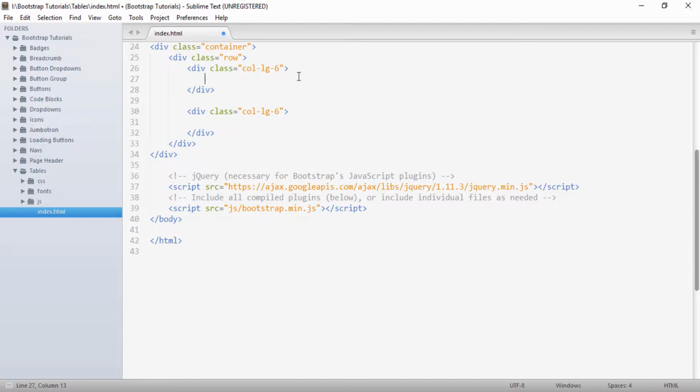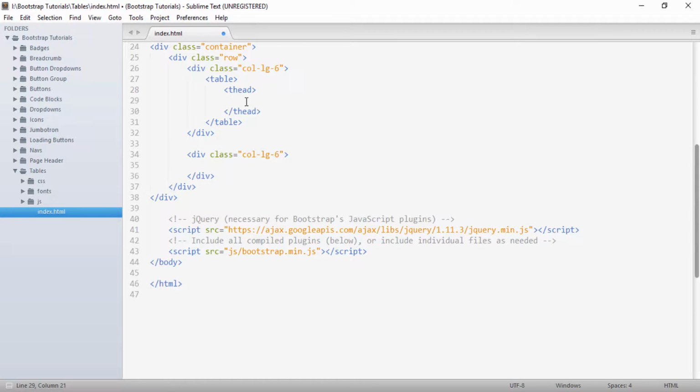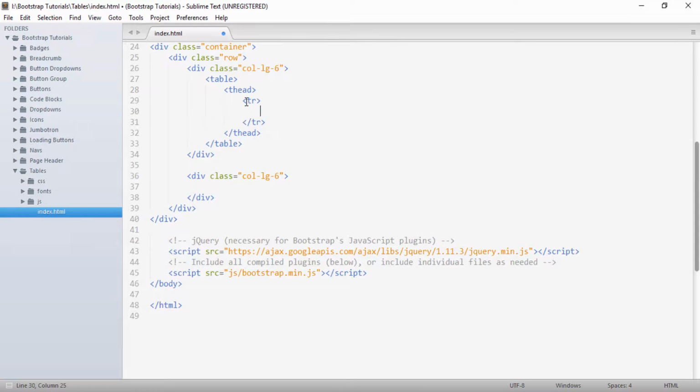So first of all we will create a basic table. In order to create a table we have a tag by the name table, and inside this table we have a head section. The tag is thead, and inside this thead tag we'll create a tr. This is nothing but a row, and inside this row we'll create say 3 columns.